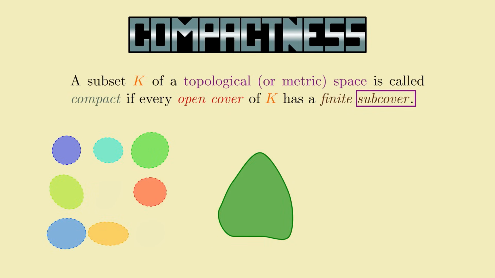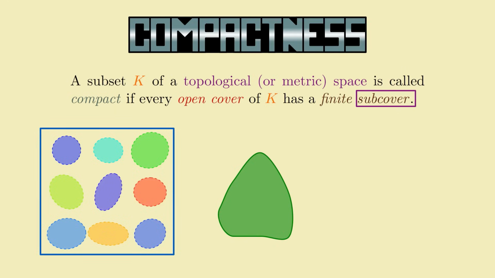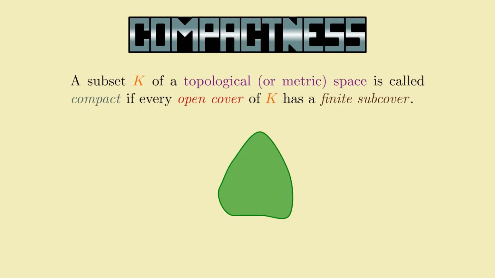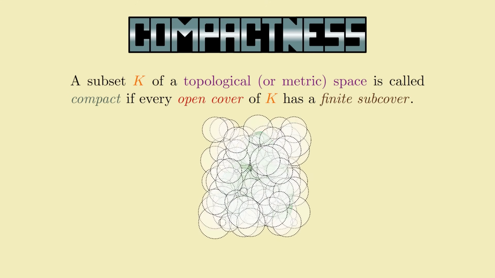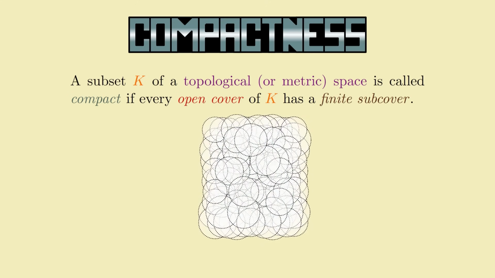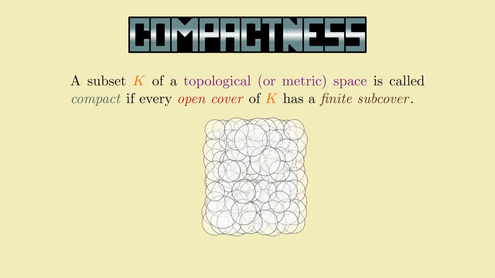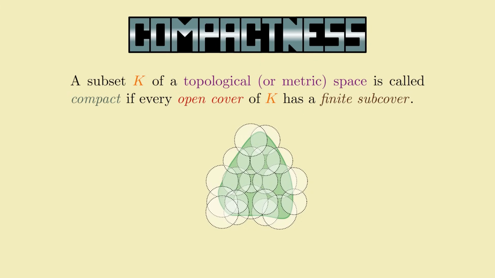Note we also include the original cover itself as one of its subcovers. So putting all this together, a compact set is a special set where, for any, possibly infinite, collection of open sets you come up with to cover the set, you can always select a finite subcollection of them that will still cover that set. Note that this isn't the same as saying the set can be covered by finitely many